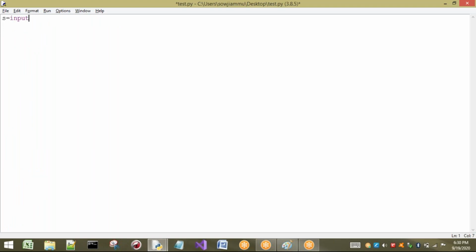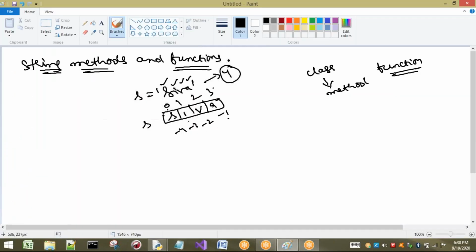For example, I want to read this string from your keyboard. So we enter the string from the keyboard. Next, what do I have to find? If I want to reverse this, listen carefully, from where to where do I have to reverse? From A. That means A has to be printed first, next I, next V, and next S. That means I should know the end value here. What is the end value? A.